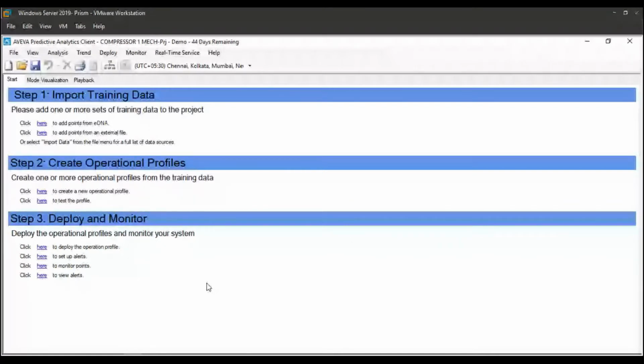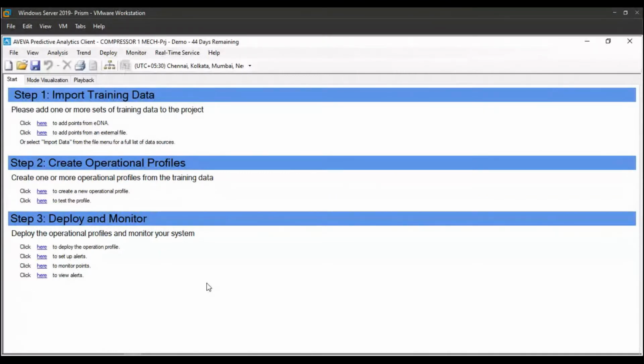What we want to do here is analyze the current health of an equipment. Now, the health of an equipment is a very broad term, and what we want to do is include as many sensors or as many variables of the equipment together so that all of them together give an indication of what the health of my equipment is. All of these sensors put together is known as an operational profile.